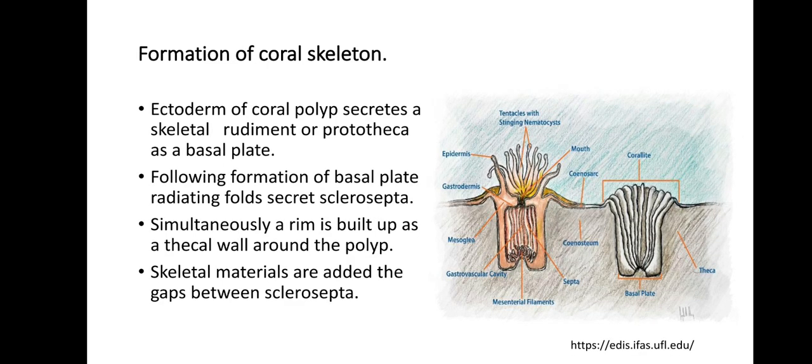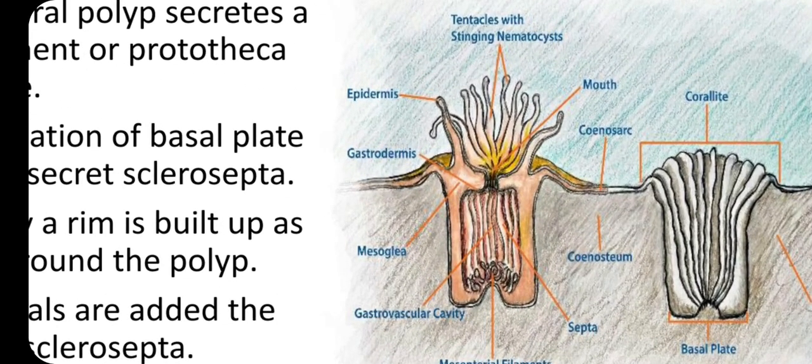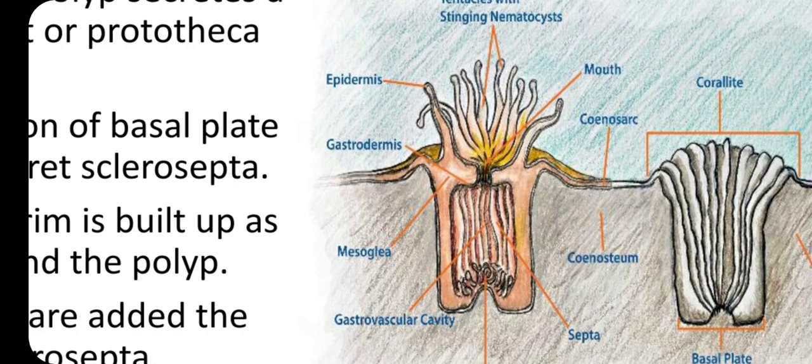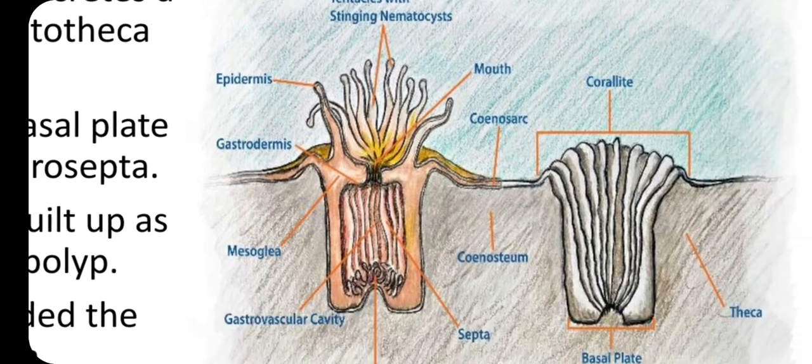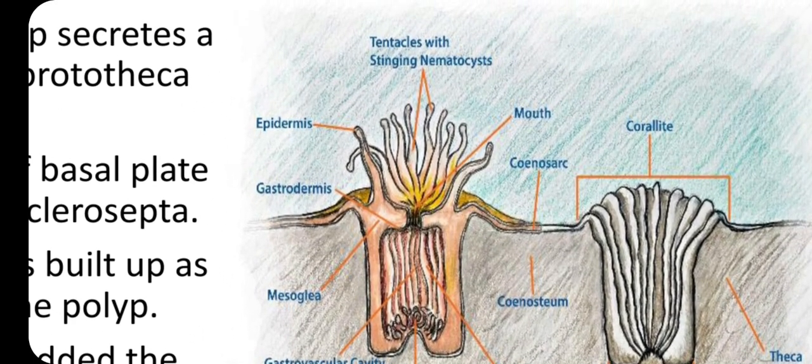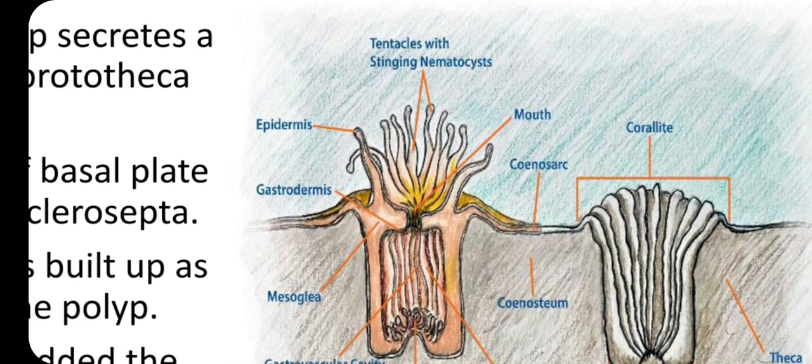Now here we have one more picture. Let me just zoom in. So I think it is much clearer now. You can very clearly see the basal walls and the septa, the cross walls radiating from the periphery to the center, and you can also see the individual animal there. At the opening of each corallite you can see the animal coming out. The tentacles are present, the epidermis, and inside that the animal is present.